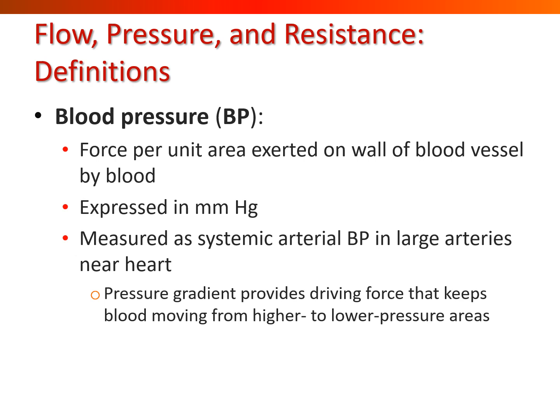So this pressure gradient is what provides the driving force that keeps blood moving from areas of high pressure to areas of low pressure. So blood starts out at about 120 millimeters of mercury as it enters into the aorta, and then it starts to lose some of that kinetic energy as it moves its way through the systemic vasculature until by the time it returns to the heart, it doesn't really have any pressure at all. So that's the pressure gradient we're talking about.